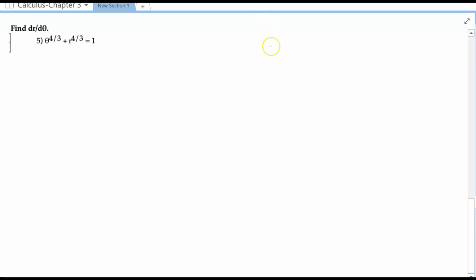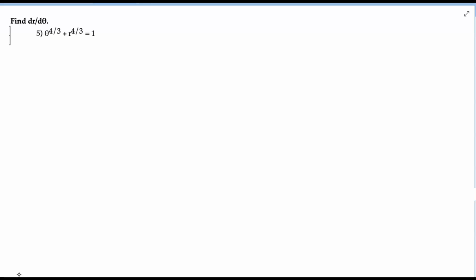Okay, we are continuing our discussion here of implicit derivatives. So we're looking at this function here, and it says find dr d theta. What they want us to do, and I'm just going to call it this, they want us to find r prime. Okay, so